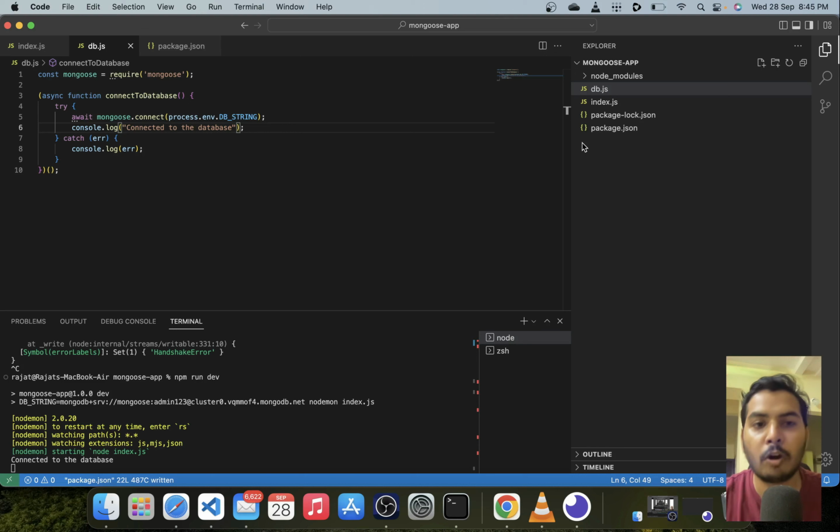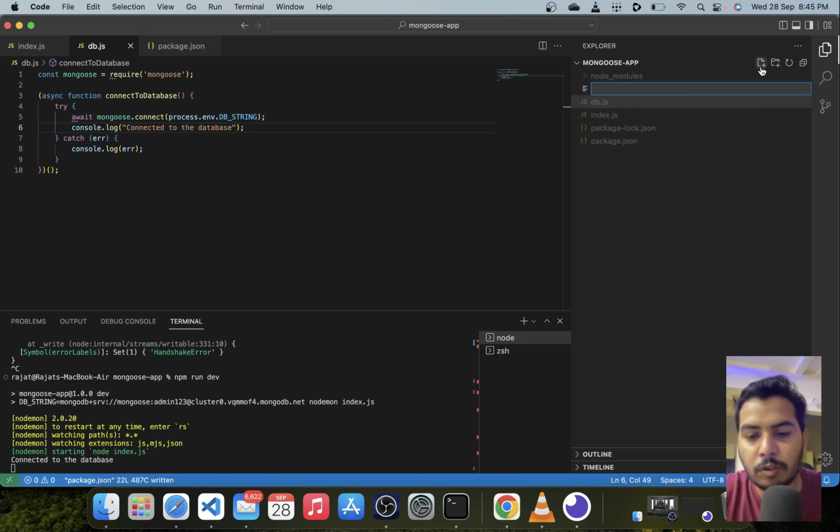On top of that, I will also define that the name property is going to be a string and the age property is going to be a number. This sort of constraint I can define using schemas, and Mongoose, the ODM, allows us to create these schemas. So let's quickly create our schema.